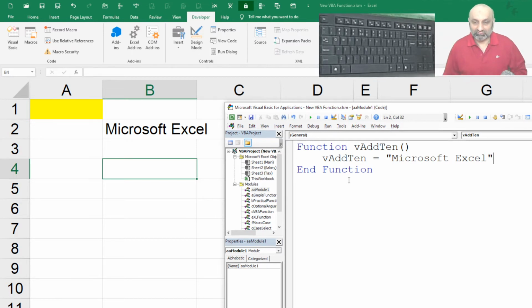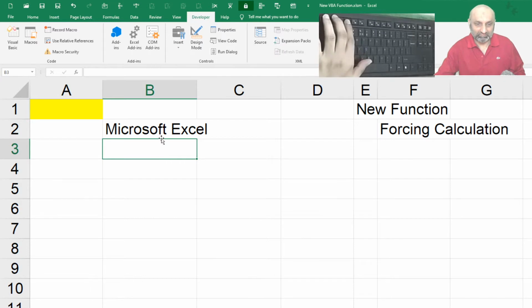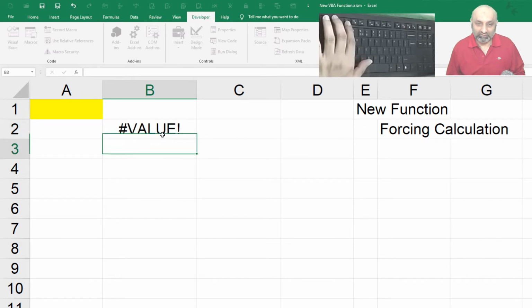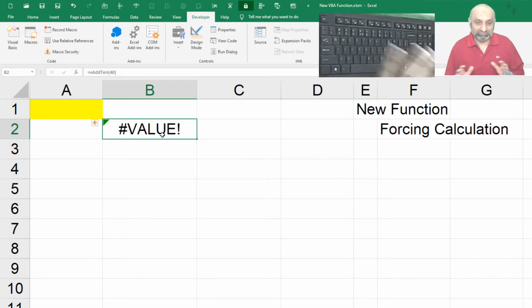Alright, so the next thing is, if I want to pass a value from my worksheet to VBA, how to do it? For example, I want to add 10 to the value of 40, the answer should be 50. But right now there is an error. What is the error?